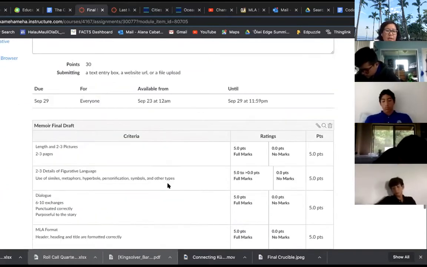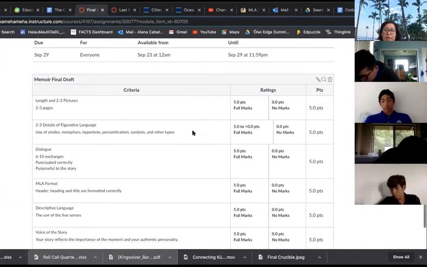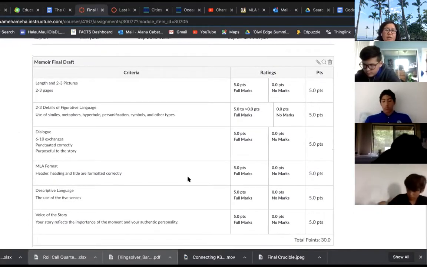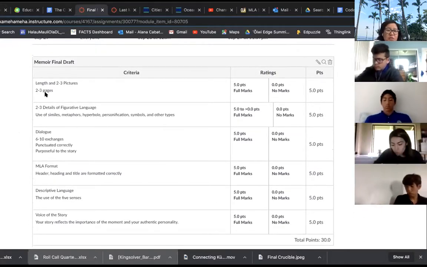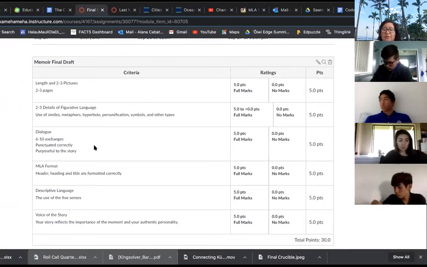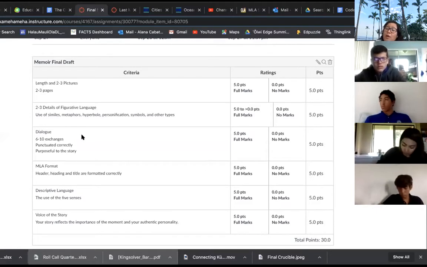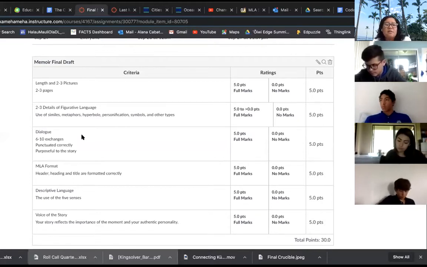Okay, working your way down to the rubric, before turning in your final draft, I want you guys to go through this rubric. Is it 2 to 3 pages? Does it have 2 to 3 pictures? Do you have figurative language? Do you have a dialogue in there? Okay. Is it in MLA format? That should be a no-brainer. You guys already should have done that. Okay, next, descriptive language. Do you use some details of the 5 senses? And then finally,